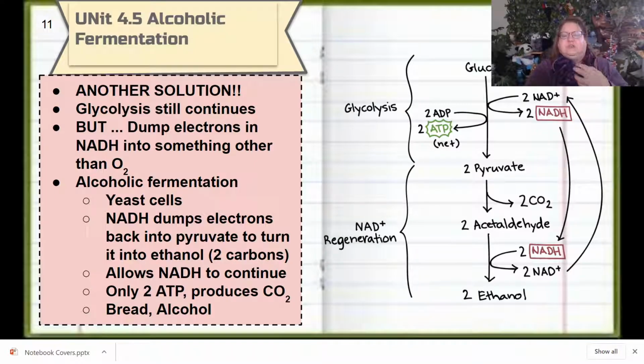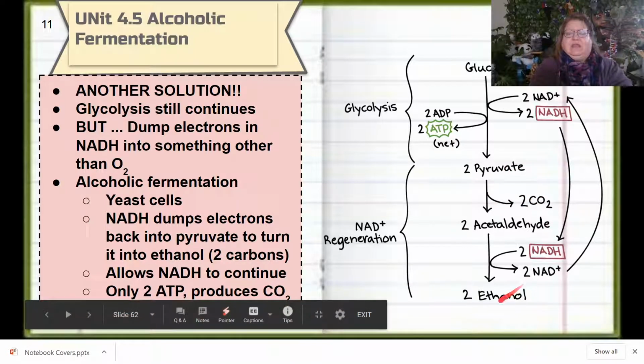Without oxygen, they can't continue with cell respiration, but they can get rid of their electrons in NADH by dumping it back into, I say pyruvate, but technically it's acetaldehyde, but don't worry about it. It dumps NADH back in, and we get an ethanol, which is what